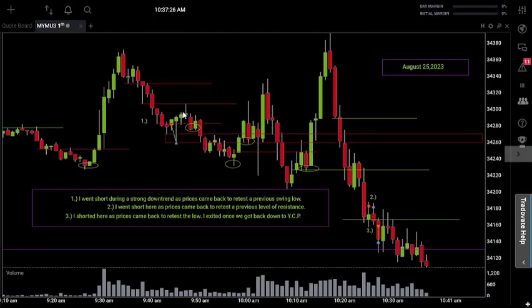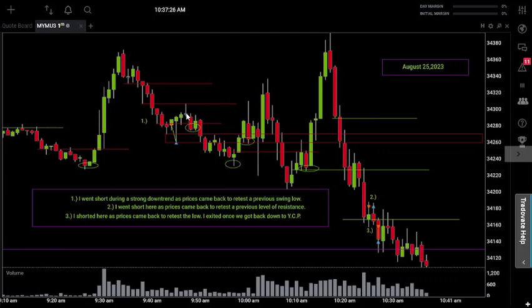We eventually see prices come back and retest that level we were just talking about from that long tail candle wick where we saw the demand come in for the first time. It makes sense that during the downtrend, prices should come back up, retest those levels of major resistance that used to be previous demand areas, and then we should see the downtrend continue. That's exactly what we were able to see today. Once we sold off from that level, we see prices come back down and create a lower high, which makes sense. And if you look at it, it lines up with what used to be a previous swing point.